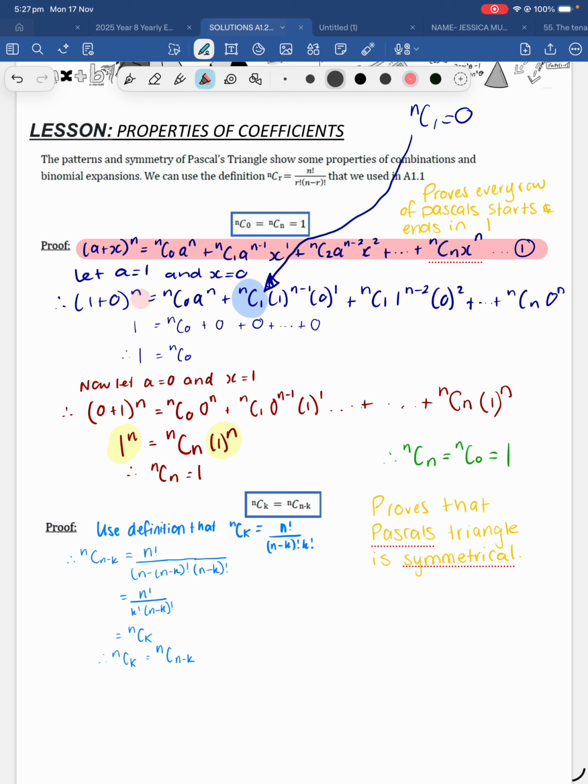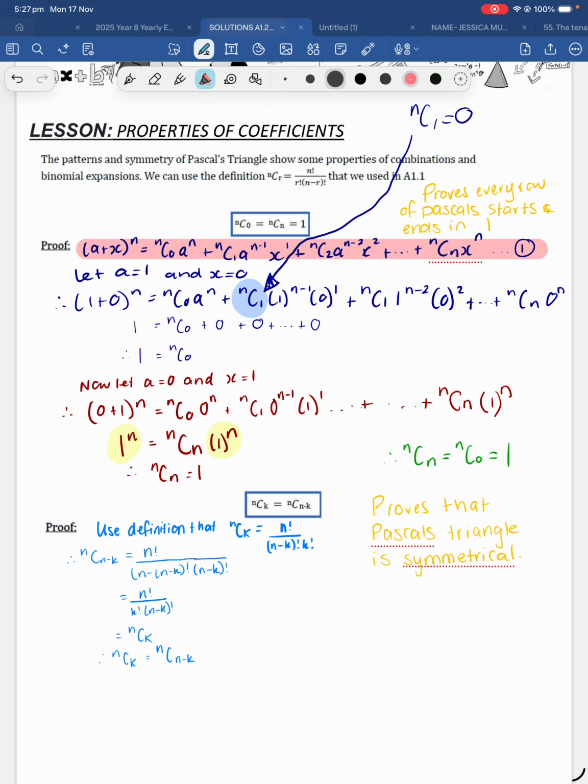(1 + 0) to the power of n, which is then on the right-hand side, I've got this big ugly thing. What I notice though, each term is timesing by 0. So which is why we get these zeros here, okay? And from there, we're left with just 1 is equal to n choose 0. So therefore, 1 is equal to n choose 0